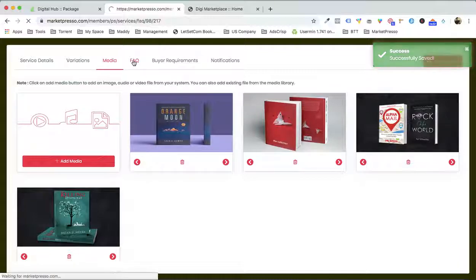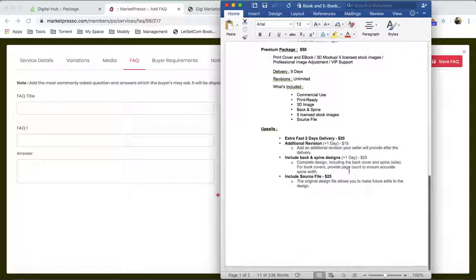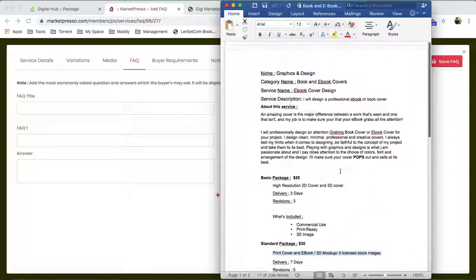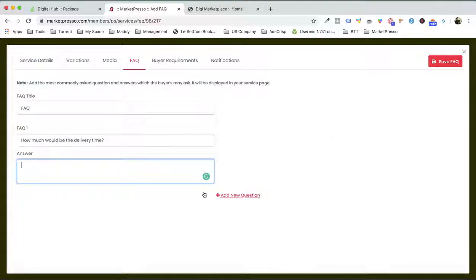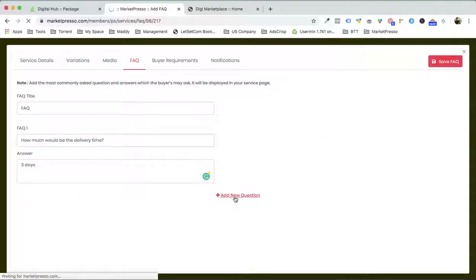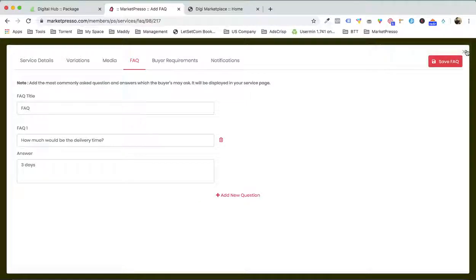Right now, do we want to add FAQ? We can, right? So let's suppose, okay, we have nothing over here, so let's suppose just a question: how much would be the delivery time? Let's suppose something like that, okay, and let's suppose 3 days. I mean, just for the demo purpose. All right, we can add more questions over here. Okay, so let me